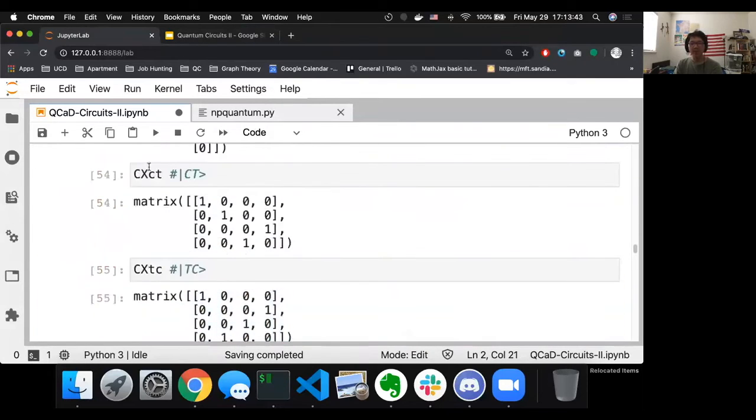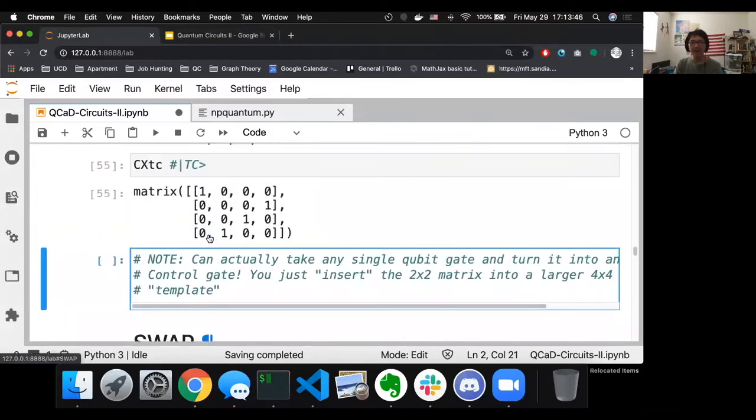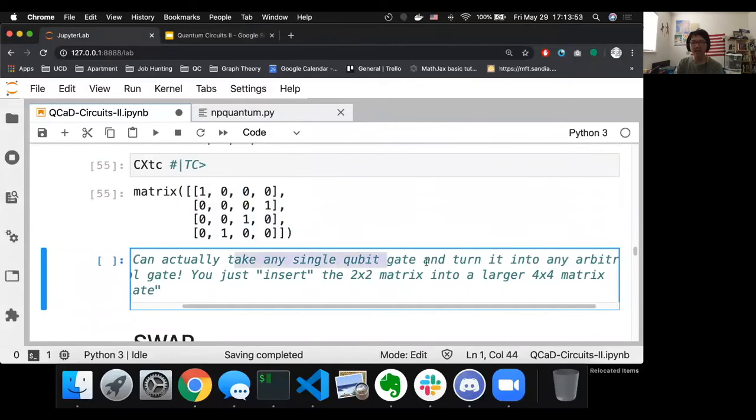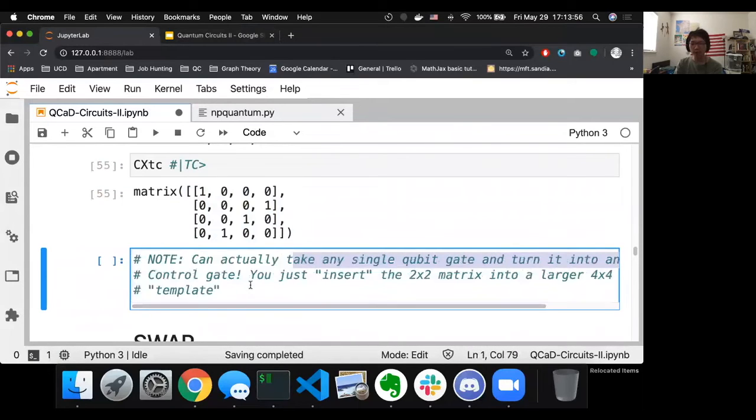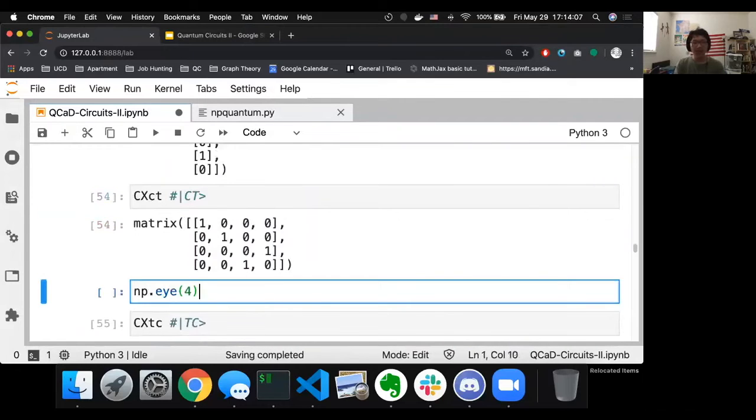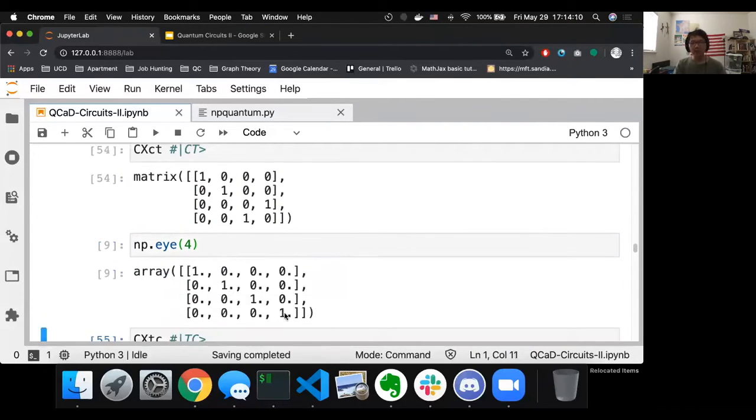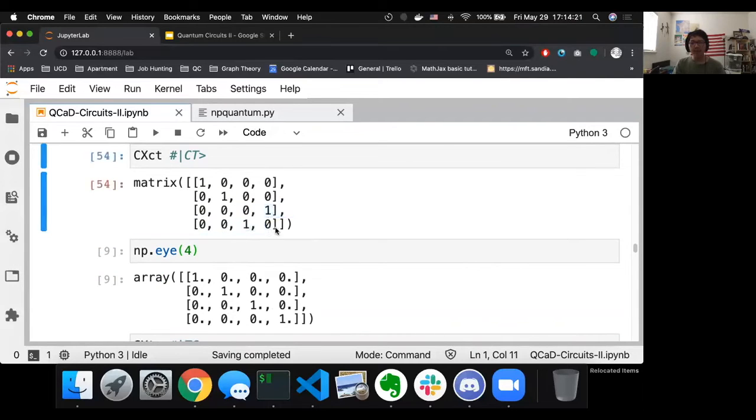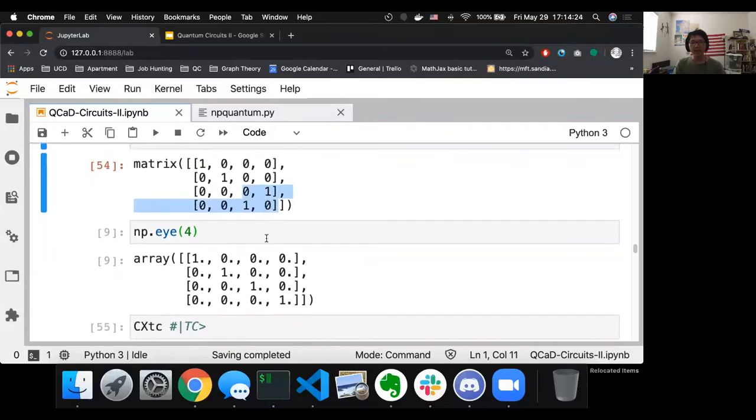There's an interesting thing to be noted about this controlled NOT gate, and it's the fact that controlled single qubit gates are a very common thing to see. And you can actually build them. You can take any single qubit gate and turn it into any arbitrary control gate. What I mean by that is you just insert the 2x2 matrix into the larger 4x4 template. Let me give you an example here. If I do np.I4, this is an identity matrix, just ones along the diagonal, and that's it. But if I want to make a control gate, I can take the X gate. This 0, 1, 1, 0 is the single qubit X gate. And all I've done is literally insert it here, into this lower right-hand corner. And that helps me create a controlled